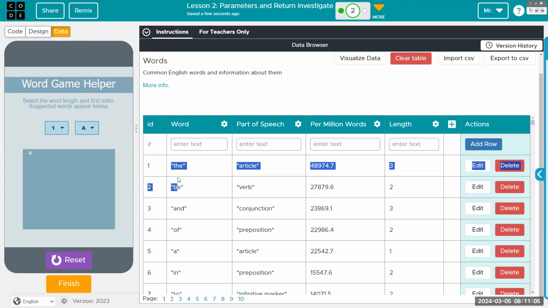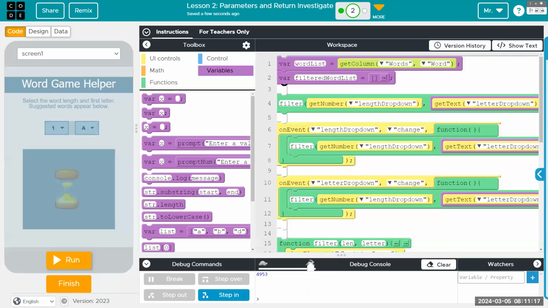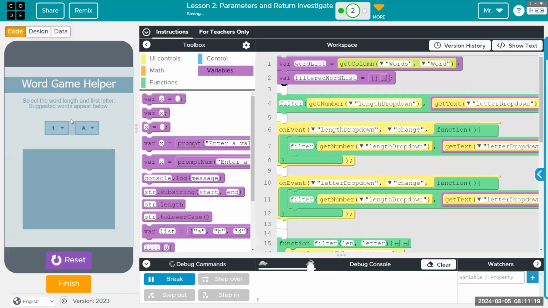But here we are only interested in the list of words, like the word list, literally, and the length of the words, which the goal of the app is to have the input from the user of the length of a word and the first letter, which is actually pretty useful for many